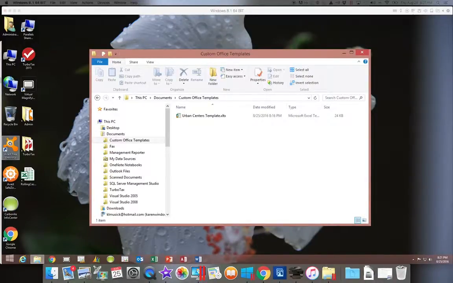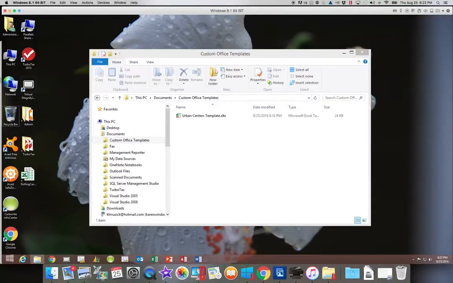Templates can be really helpful if you have the same starting point over and over, like monthly or yearly. And if that's the case, it can keep you from having to redo all the formulas or the data entry. It can also help you from having to remember what to erase and what not to erase. So templates can be a very useful tool, whether they are custom or whether they are the ones that you download from Microsoft. And that concludes